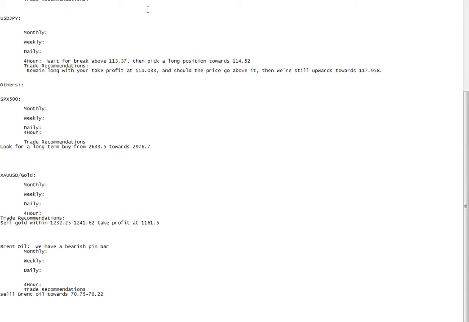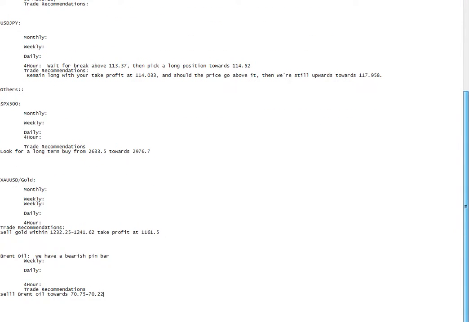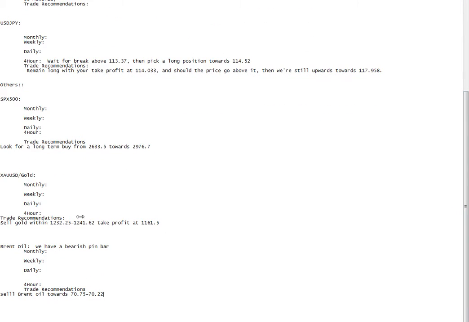So far we've looked at all the pairs. We have EURUSD, GBPUSD, USDJPY, then SP500, gold, and then Brent oil. All of them are now fully covered. So that should be